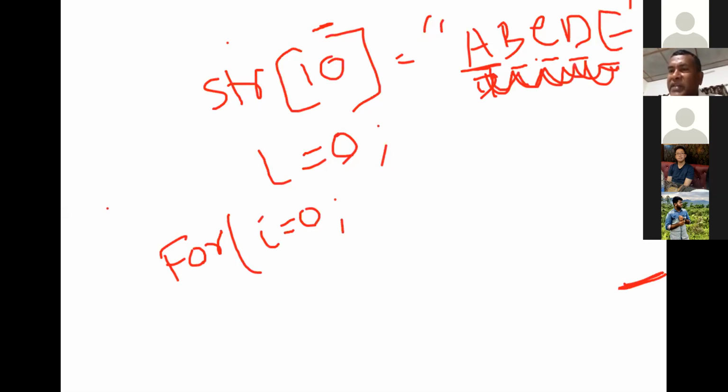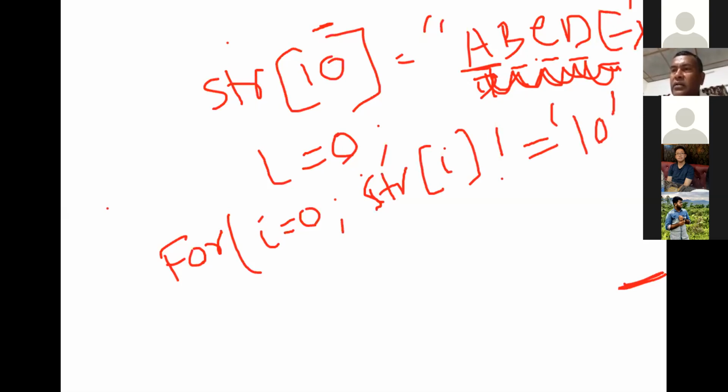I have to go for maximum i, up to the null character. So check it. How to check it? str[i] is not equal to null. It's clear.